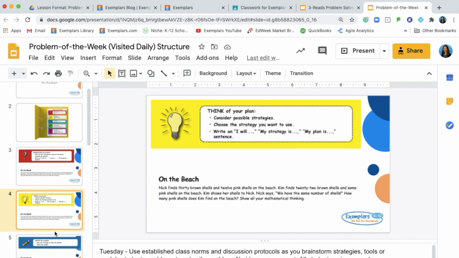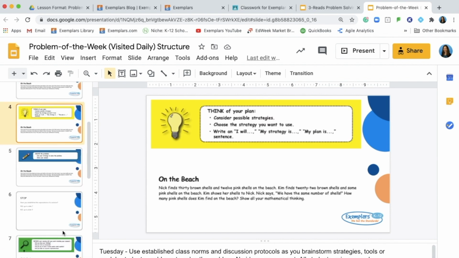In the Think portion of the lesson, students will brainstorm all of the tools and strategies they could use to solve the problem. Maybe someone thinks they might create a table, while another student plans to use a number line. Jamboard is a great tool to allow students to collaboratively brainstorm. Seeing what strategies others plan to use is a valuable part of the problem-solving process, so we encourage this portion